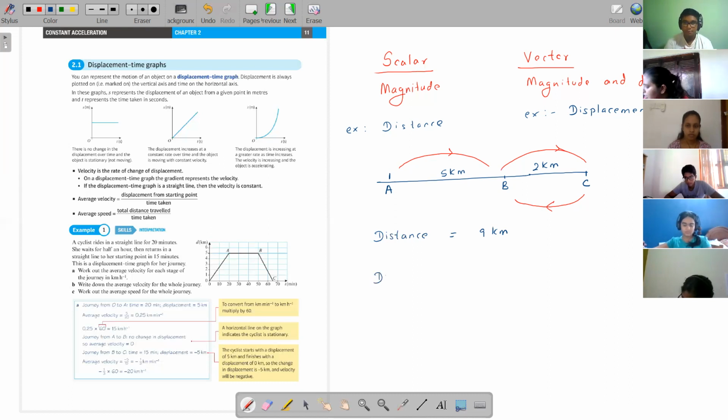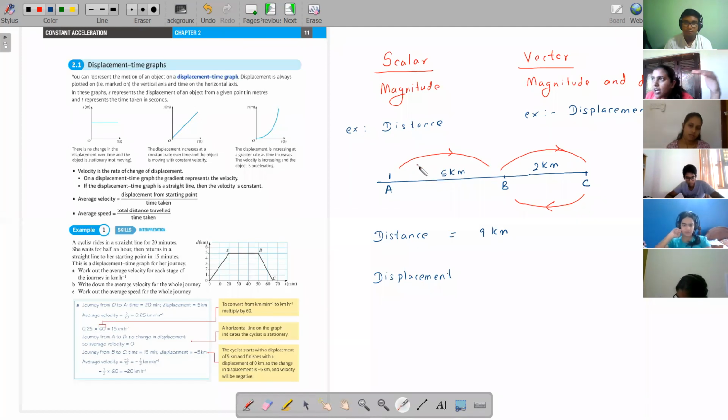But when we talk about displacement, children, what is the difference? In a scalar quantity, we only take the magnitude. We don't care about the direction, whether you are going forward or backward. There is no positive or negative direction. But with vector quantities, the direction matters, so one direction is positive and the opposite direction is negative. For example, here I can say that going to the right is positive. So A to B, I am going 5 kilometers, so I have a displacement of 5, and B to C another 2.